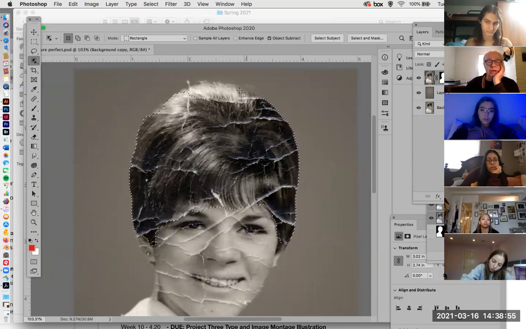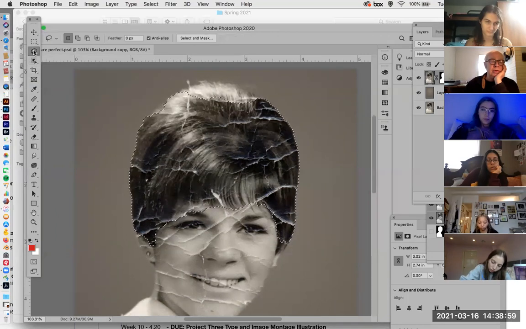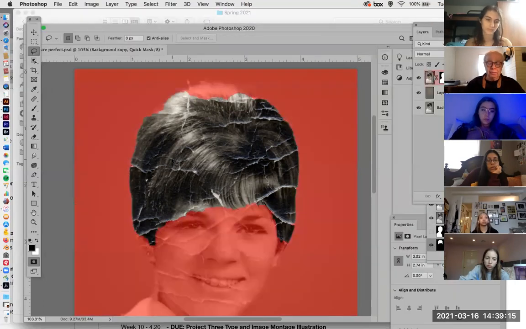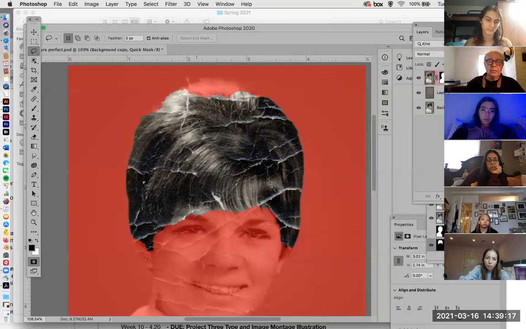Except for right here. Now, I could go to the lasso tool and hold shift down and grab all of this. Shift adds, option subtracts. Or I could make my foreground and background color black and white and use my quick mask tool and come up here and use my brush tool